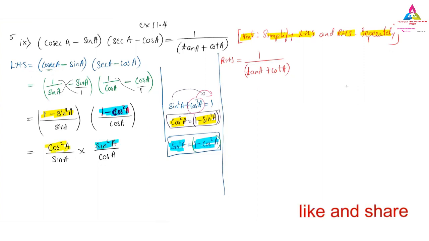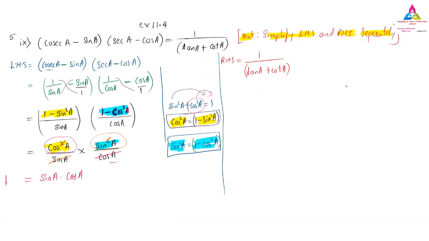So this is what I did using the identities. The next part is simple. We have cos A in the denominator, and above we have cos square A in the numerator, so the square and this cos A get cancelled, because cos square means two cos. Similarly, the whole sin A and the square get cancelled. Remaining is cos A into sin A, which can be rewritten as sin A into cos A.